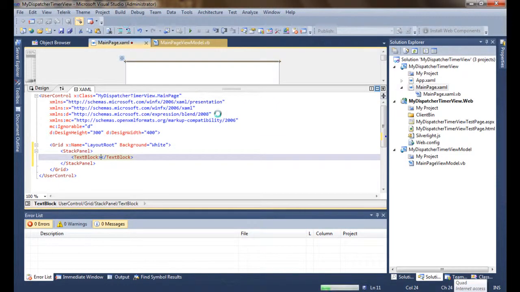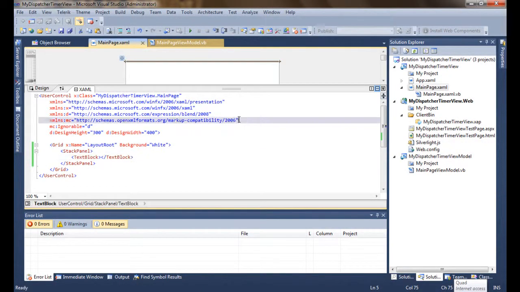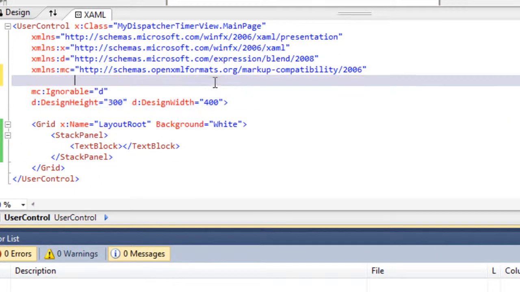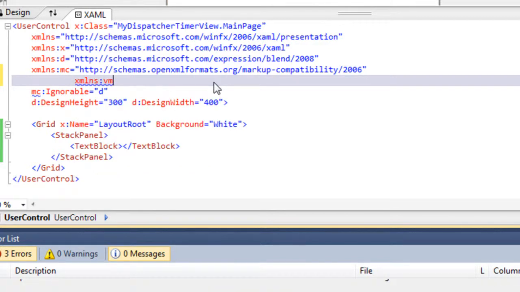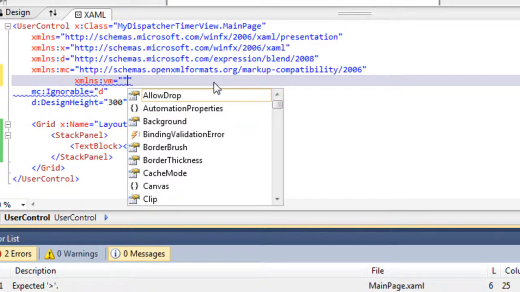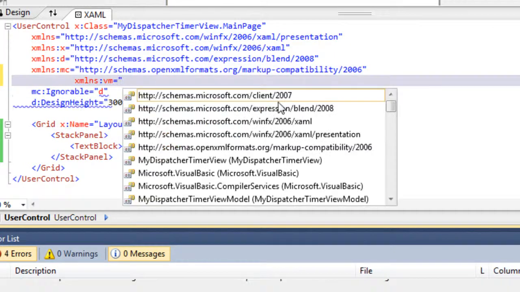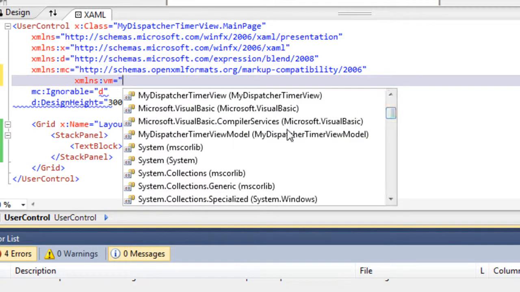Let me build the solution first. Okay, now it is built. I'll add a namespace reference here, xmlns:vm, and then my dispatcher timer view model.